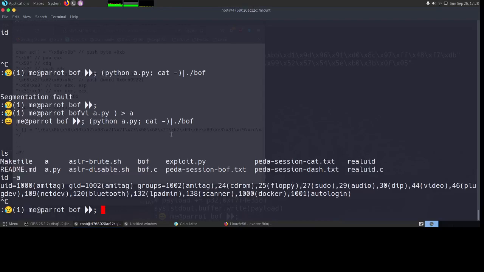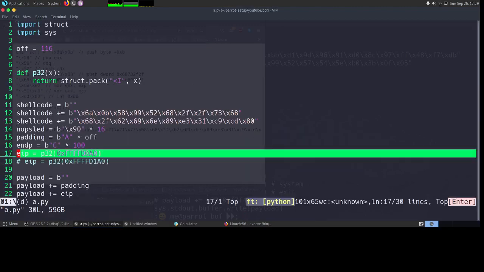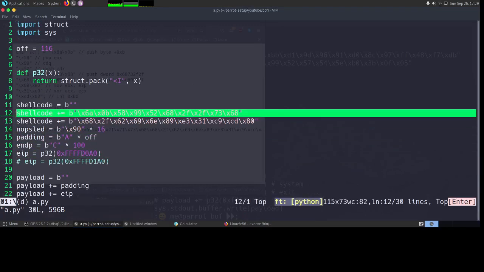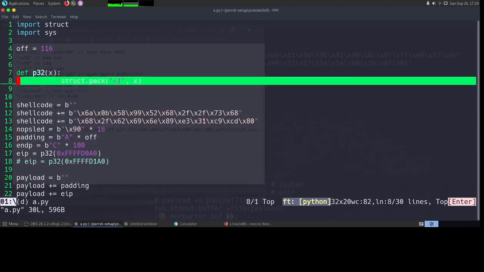Okay, I am back. Sorry, I had to cut off just to check what was happening, and it seems like the problem was with the shellcode. So I figured that out, and now I will show you the only thing that I have changed, which is this. I have just changed the shellcode here. All other values remain the same.